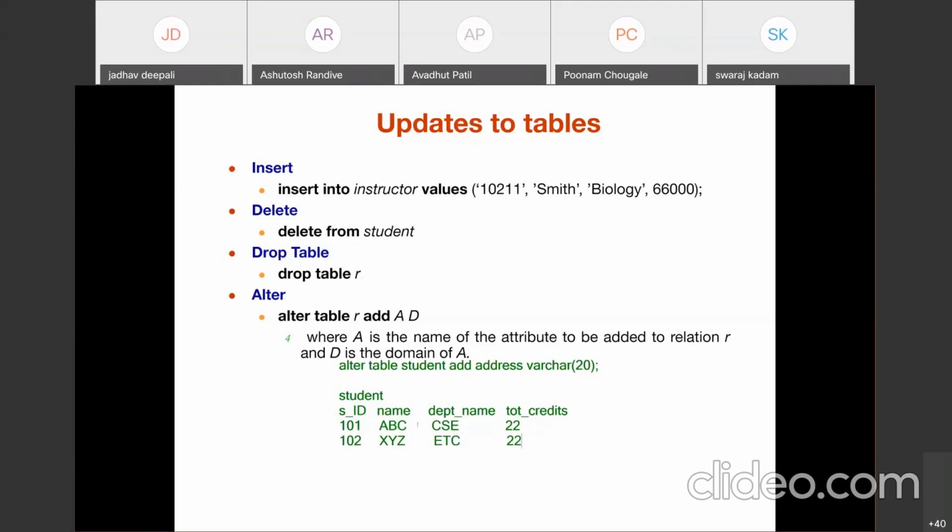After this I realize that I want to add a new attribute, that is address. Can we add it? Yes, we can add it by using alter table student add address varchar 20.